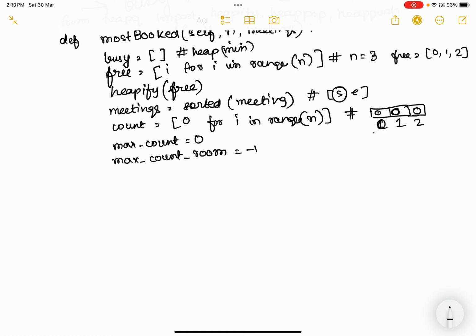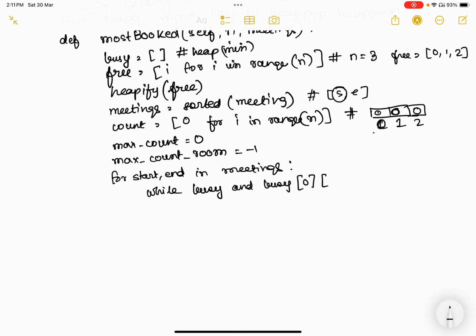Next, let's do the actual thing. So for start and end in meetings, this is how we do it in Python. While there is something in the busy heap, and the top element's end time is less than or equal to start, which is basically the current time right now,